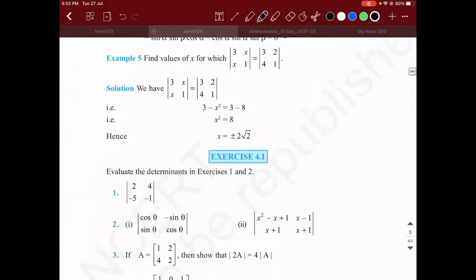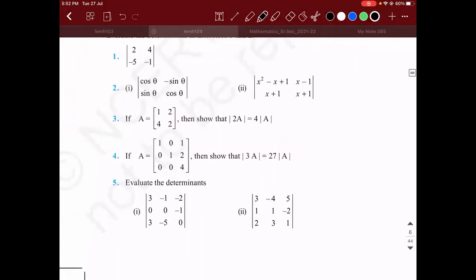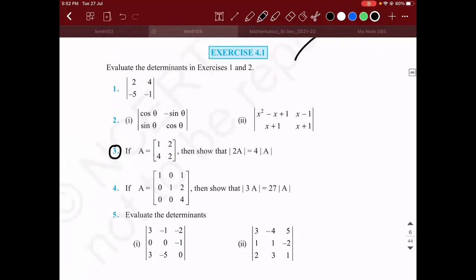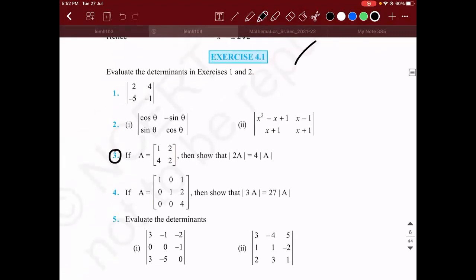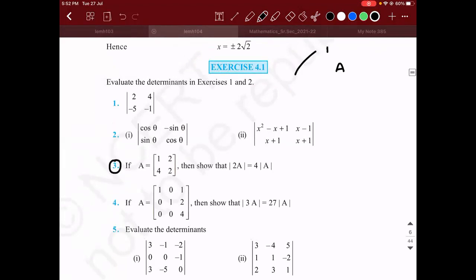Okay, so all these are simple. This exercise you guys can do. So these kind of problems we need to be careful. There is a property of determinant like this, right? If there is a square matrix A, here I have the matrix, here I have the determinant. If I have a matrix kA, what is going to be the determinant of kA?